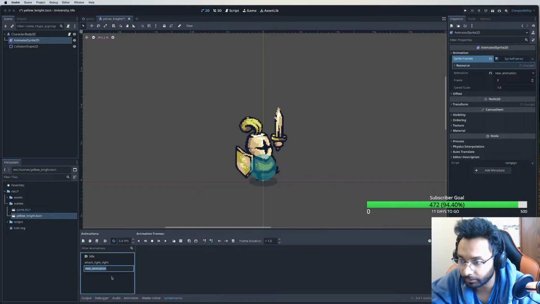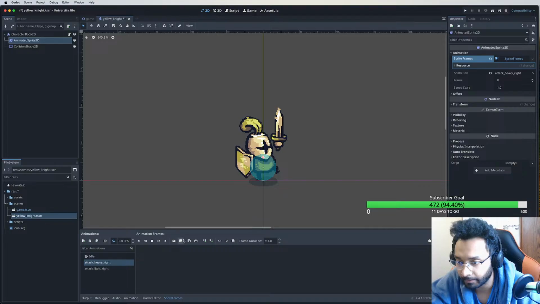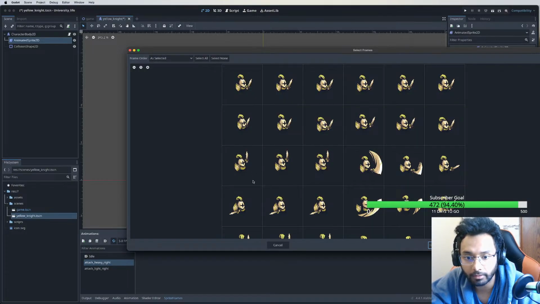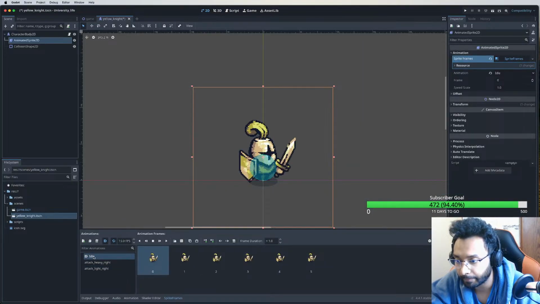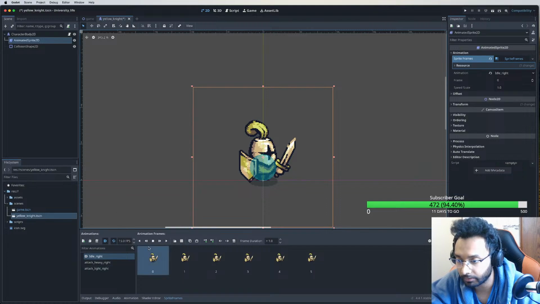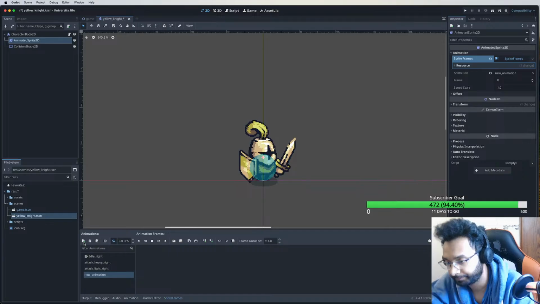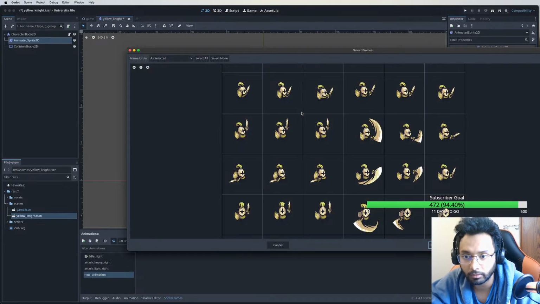That's a new one. Attack. Heavy. Right. Okay. Add the same one. This should be heavy. It should be idle. Right. Yeah. Idle, right. Go here and then